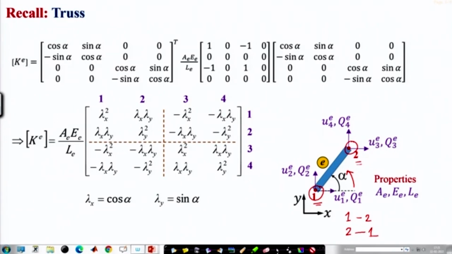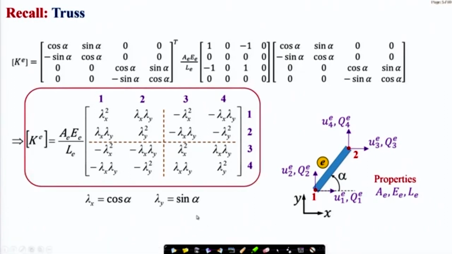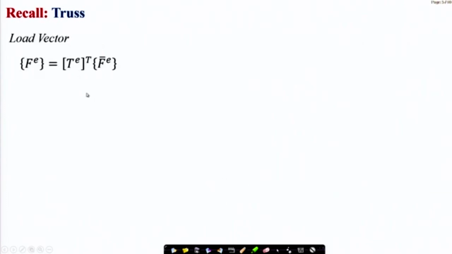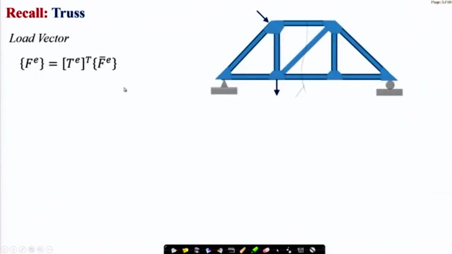Once we have this stiffness matrix with respect to the global coordinate system, a similar exercise we can also do for the load vector. So this is the load vector, and you see, this Fe includes all external forces: if you have distributed forces, concentrated loads, or concentrated moments. If you have a concentrated load, which is the kind of load we have in a truss, then this can be written like this,